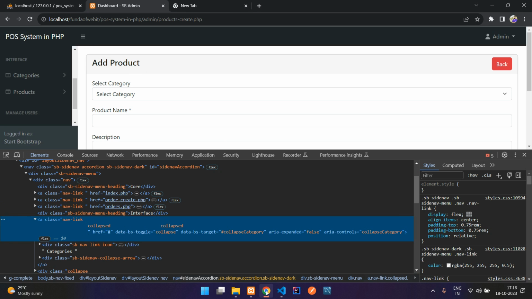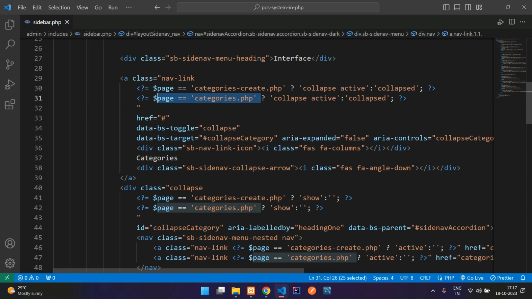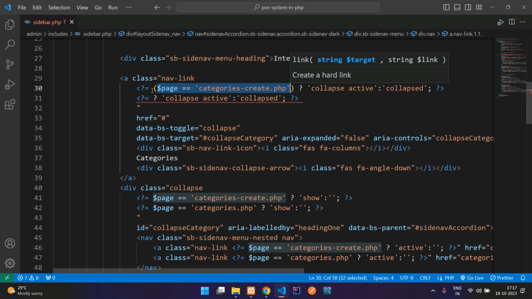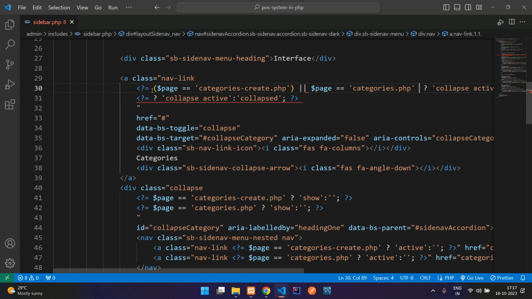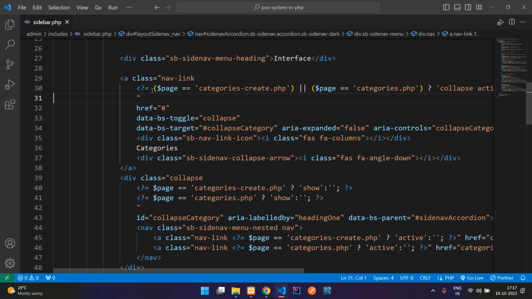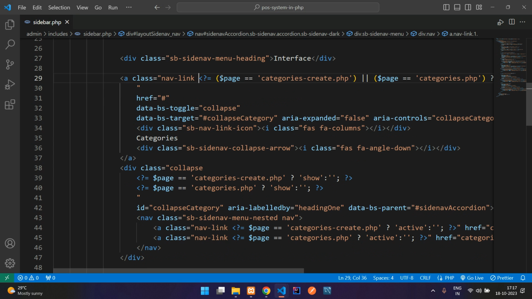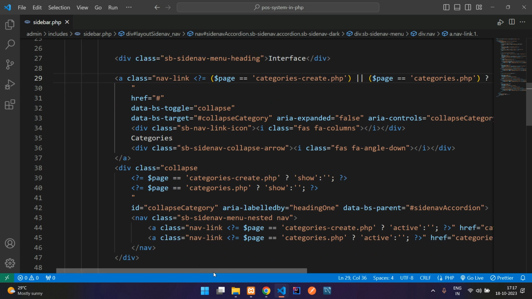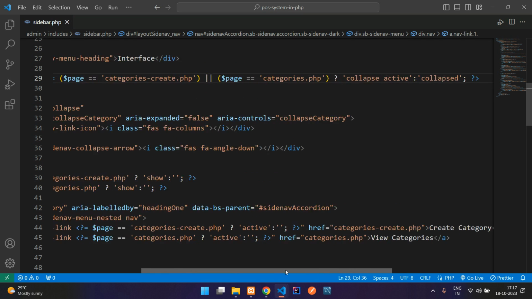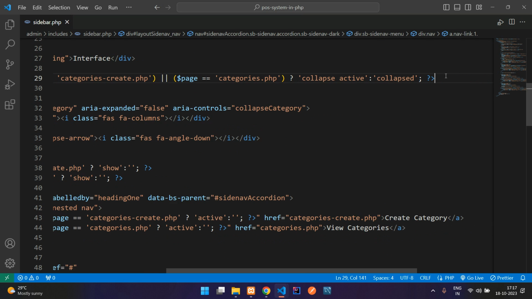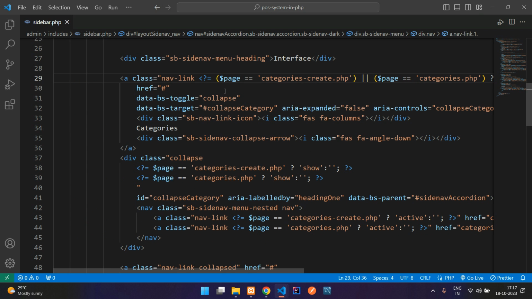So what we can do, let's get back and use this complete dollar page. First here you add this in a bracket, give an or, and paste that. Again put this in a round bracket. That's it. And remove this line. So your problem is solved, guys. Let me just show you the complete code here. Okay, and you can end that double quotes here. Okay,